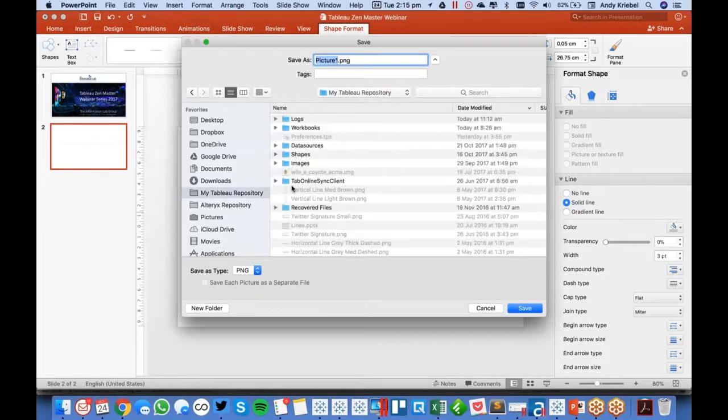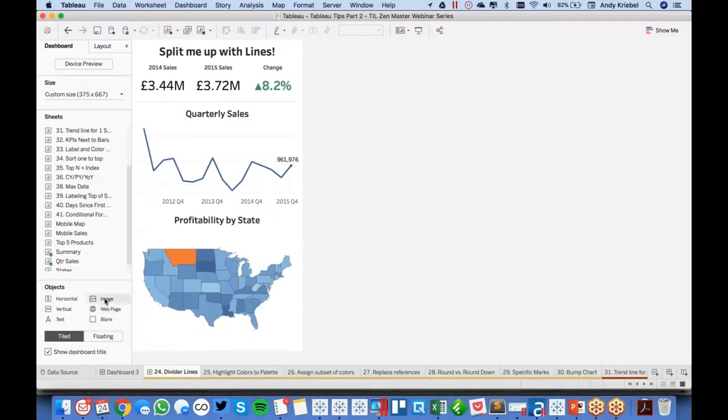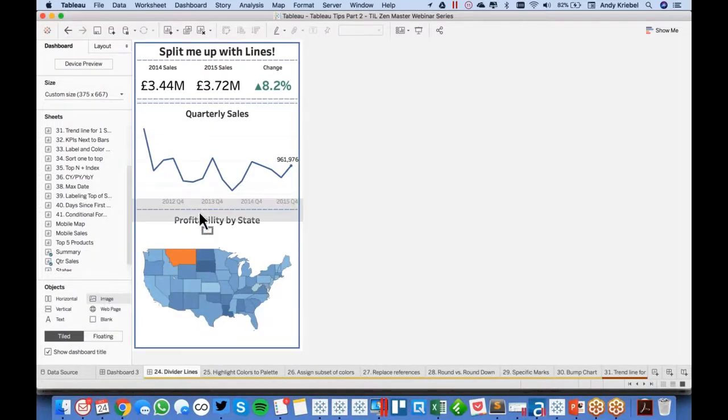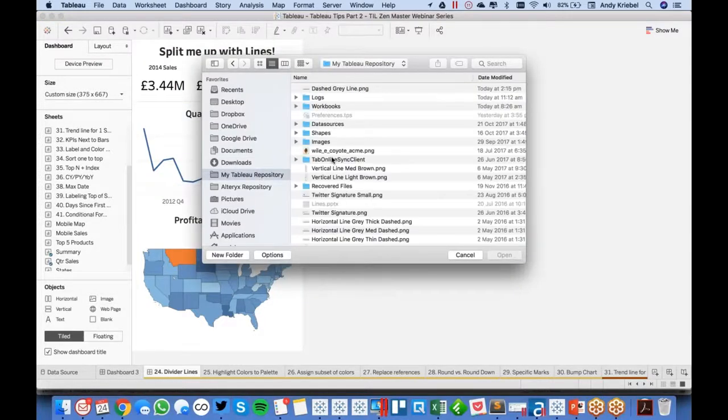I'm going to save it in my Tableau repository because that's where I save all of these. So I'm going to call it dashed gray line and hit save. And now when I go back to Tableau, I can actually drop an image object in here in between the quarterly sales and the profitability by state. When I do that, I'm just going to navigate to my Tableau repository, pick my dashed gray line, and hit